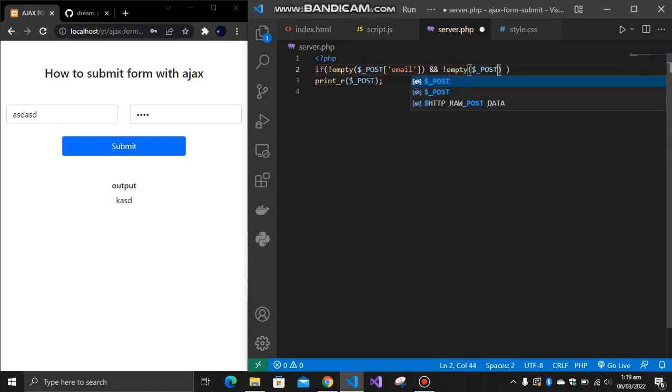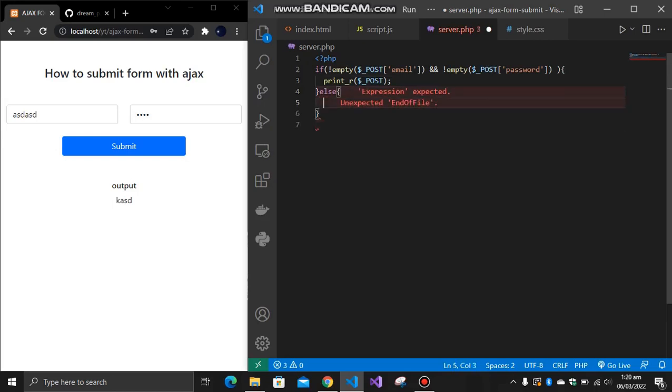There is also another function that people use instead of empty, and that is isset, which is basically similar to this. I haven't felt any kind of change between both of these, but I generally use empty as it checks if the variable is empty or not. So if both of them are not empty, meaning both of them have some values, then we will print the whole thing, or else we will just echo something like